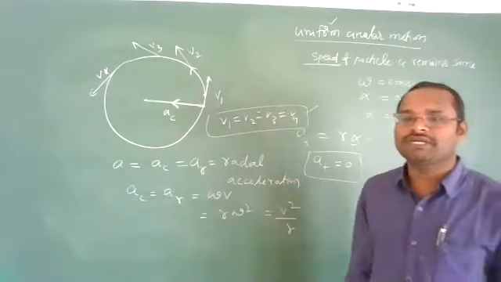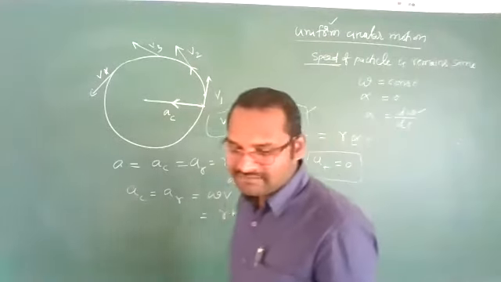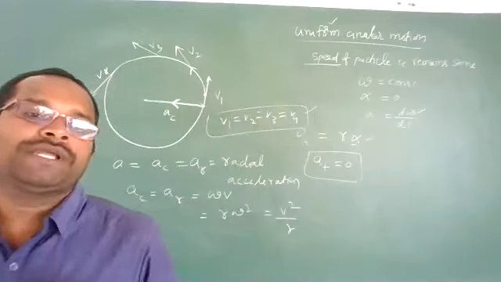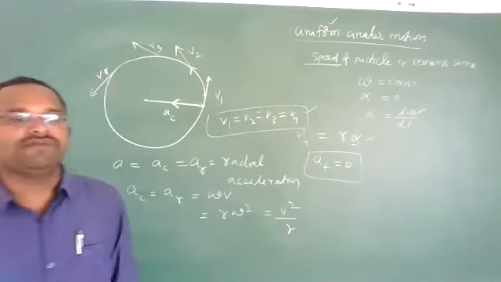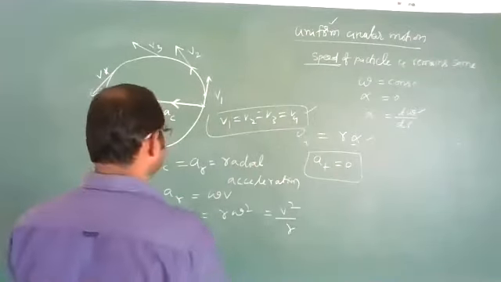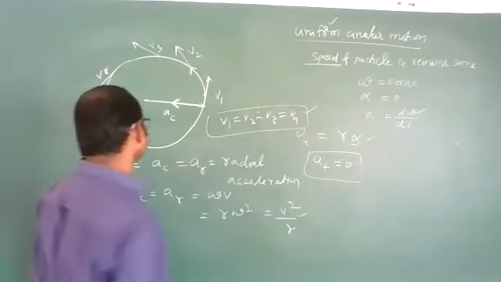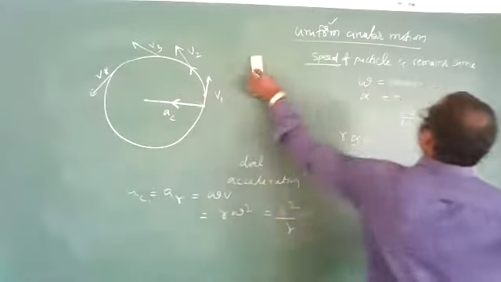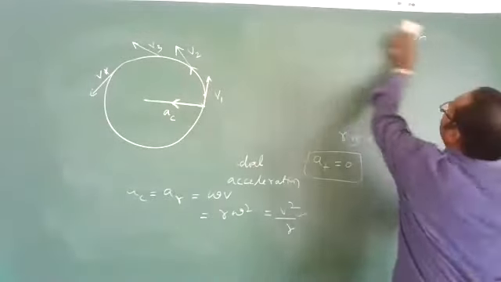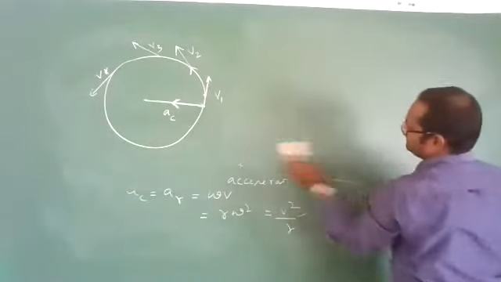So it is an important question for you in your board exam. Define uniform circular motion and derive an expression for it. They will ask. Okay, let us derive an expression for this. Now I am going to discuss a very important question for 5 marks. They may ask.